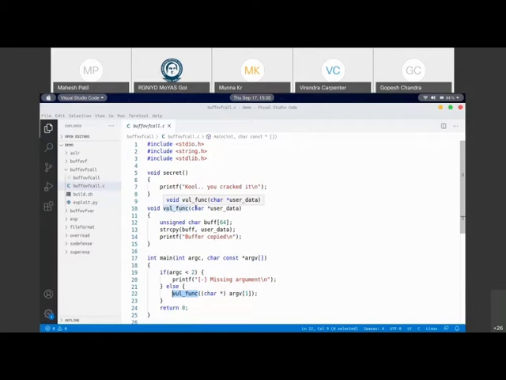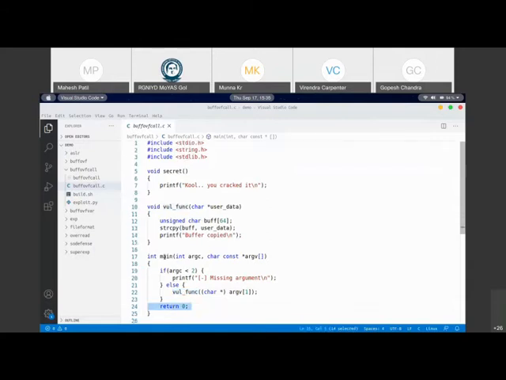This function takes the data which is passed by the user, and that data is copied using strcpy over here into a local buffer. Can you see there is another local buffer here? So the argument which is passed by the user travels and goes and sits inside the buffer here. And then it just says buffer copied, and the vulnerable function will return back to the main function, and then it will return. But nowhere have we called this function secret. Did we call it? No. If the secret function was called, it prints out some statement saying, cool, you cracked it.